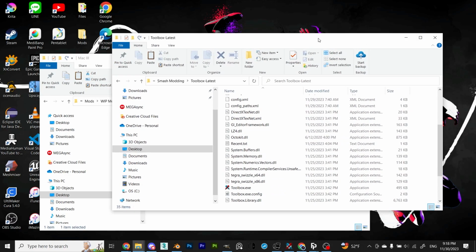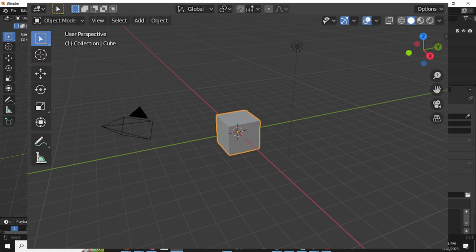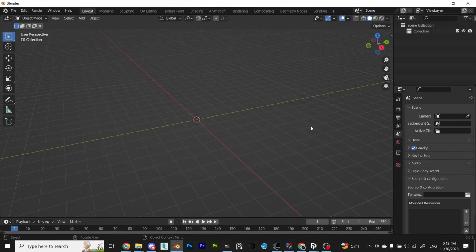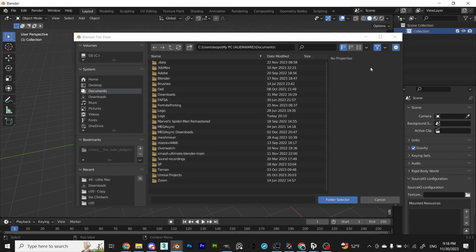Okay, now you can open Blender. Usually when you open it, you could see that there's a cube, camera, and light. You could just delete those. Once your workspace is cleared, you can start importing your model. On the right side of your workspace, you should see some tabs if you press N. One of them should be named Ultimate. Once you see that tab, click on Model Importer, and then select the only button that is there.